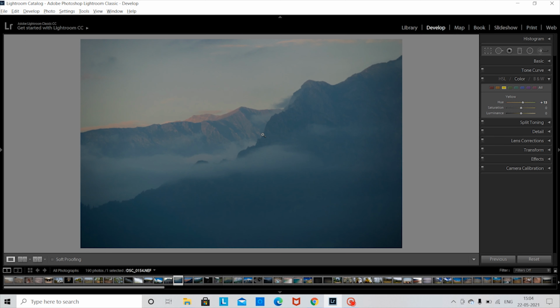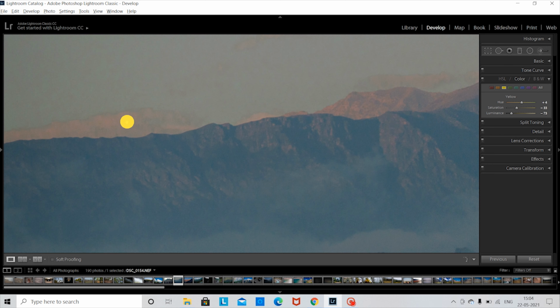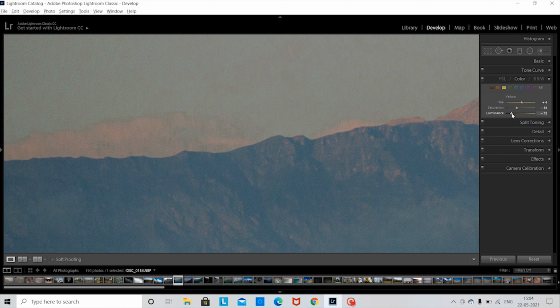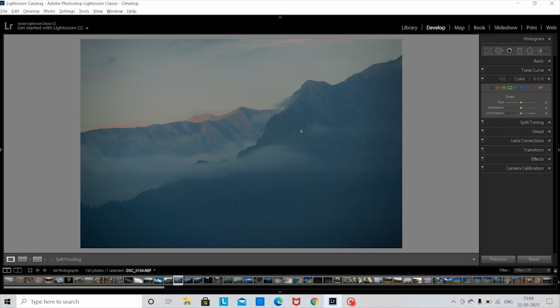Let's adjust the yellow hue. I don't think there's much yellow in the photograph. There's only a smaller part of the photograph which has yellow, but that's fine. We'll not adjust much in the yellow. We'll move to the green tab and see if there's anything that we can change, as I don't think there's much green in the picture. I guess we'll just let it be and move on to the blue